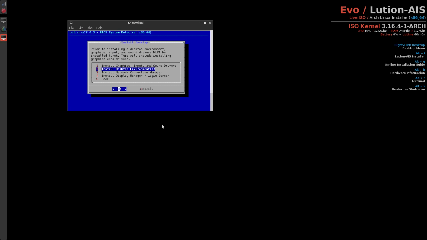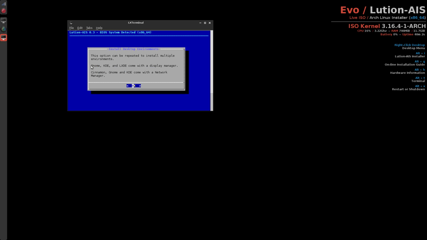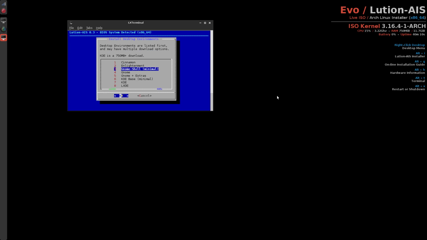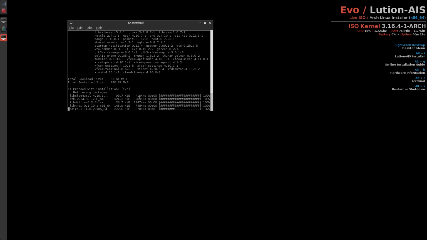You can skip this, or let's install one. So you have a choice of GNOME, KDE, LXDE with Display Manager, Cinnamon, GNOME, and KDE with a Network Manager, and so on. So I'm going to install XFCE without the extras, because I like to pick and choose what I want. So press OK for whatever you want, and I'll go out and download